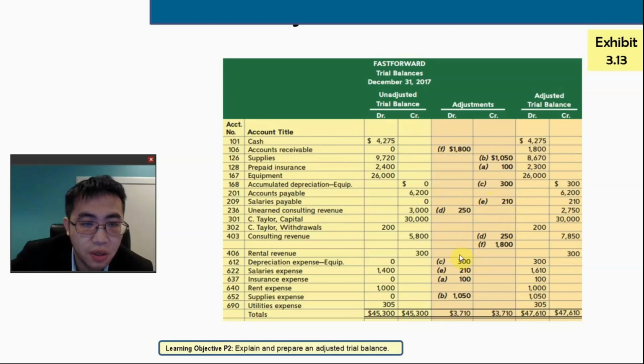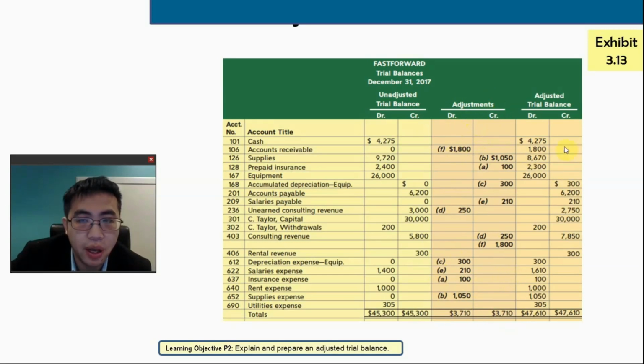And for revenues, when they increase, that's a credit. And for expenses, when they appear, that's a debit. So you're going to do the summation of debits and credits for all of these items when they are adjusted. In particular, you're going to develop another two columns for adjustments, debit and credit, and then add them up all together